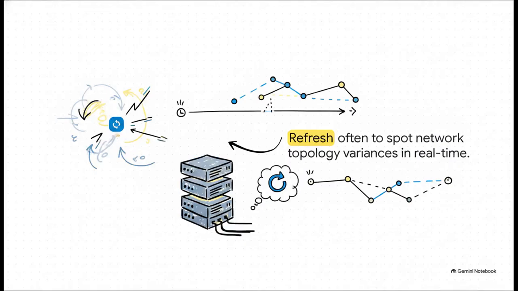But here's the catch. Because that CAM table is built dynamically, it is constantly fluctuating. So, and this is absolutely crucial, when you're troubleshooting in SCC, using that refresh icon is a mandatory best practice. Hitting refresh ensures you're spotting any sudden network topology variances in real time. You always want to be diagnosing based on the absolute latest live data, not some cached ghost of your network's